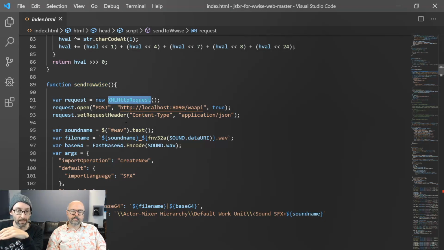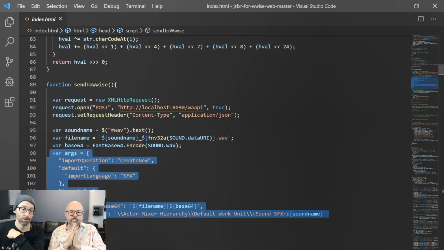So it creates the HTTP request and then retrieves the sound name from the type of button that was clicked in the interface. And then to make sure we don't create collisions, every time you generate a new sound, it has a set of parameters. That is the URI in the JSFXR program. So we do a hash of this to make sure there's no conflict. Every time you import, it's going to be a different file name. And then we encode it in base64, and then we do the call to WAAPI.